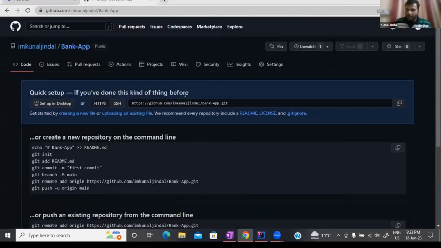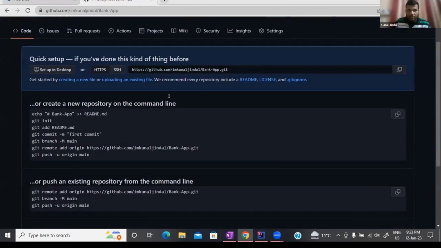Now this page will appear. These things we have already done. The readme file is something you can skip for now. We have already initialized a Git repo in our local. Now the only thing is,